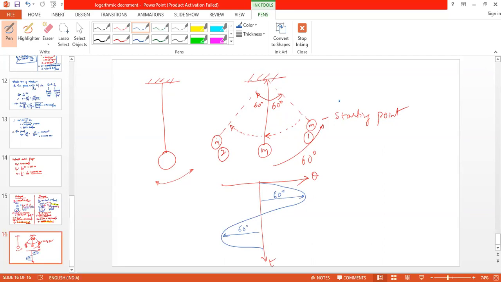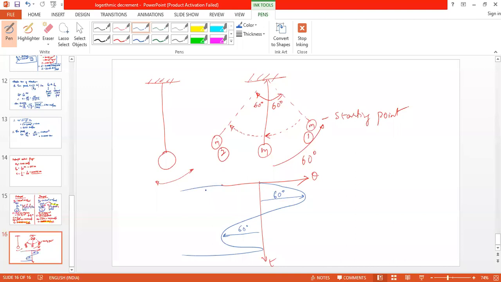And if you leave it, it will keep on moving, and it reduces amplitude, and finally it comes to rest. In the first cycle, it may be 60 degrees. In the second, it may be 59. In the third, it may be 58. Likewise, it will come to rest position, right? Yes, sir. It will come to mean position.